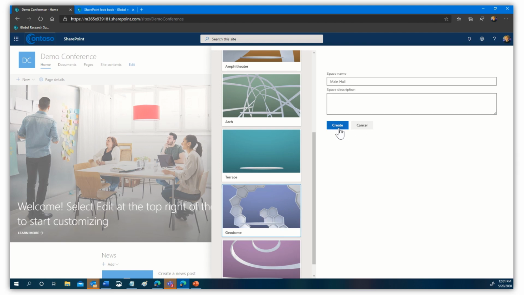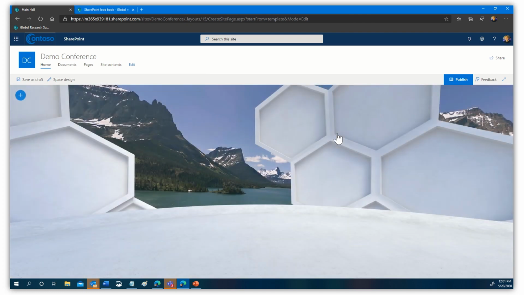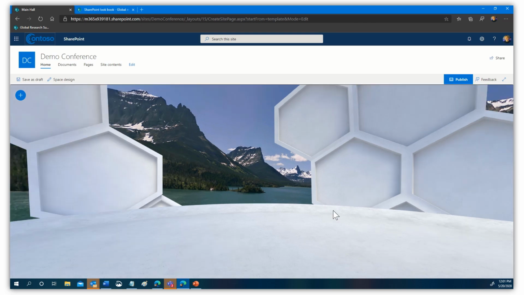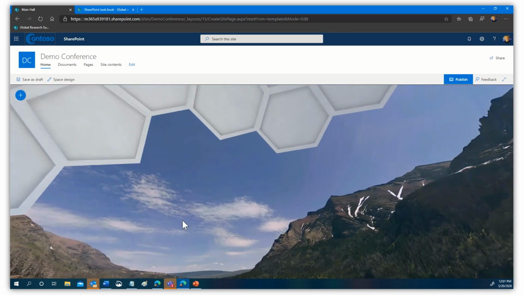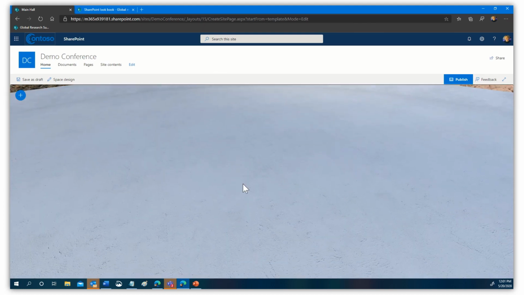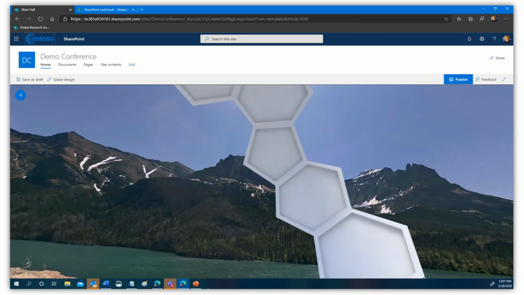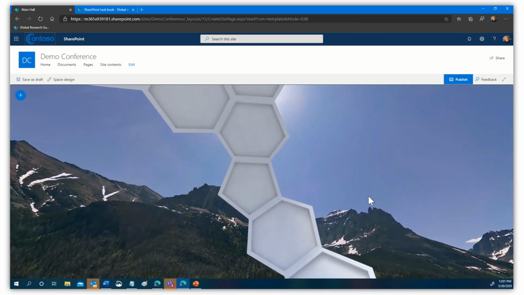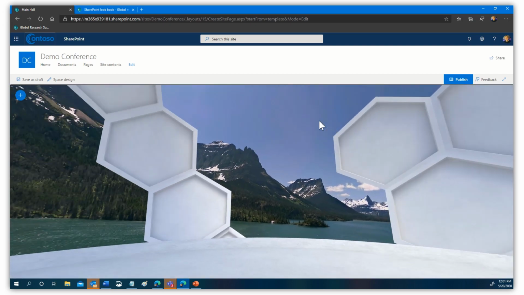I'm not going to give it a description. We're going to click Create. It's going to build the environment, and there it is. Now you'll notice here's the edge of that disk that we saw. We are centered in that, the person that's here. It is a full 360 sphere that enables the user, from their point of view, to tool around, and it gave that look. There's also a background image that's been applied,